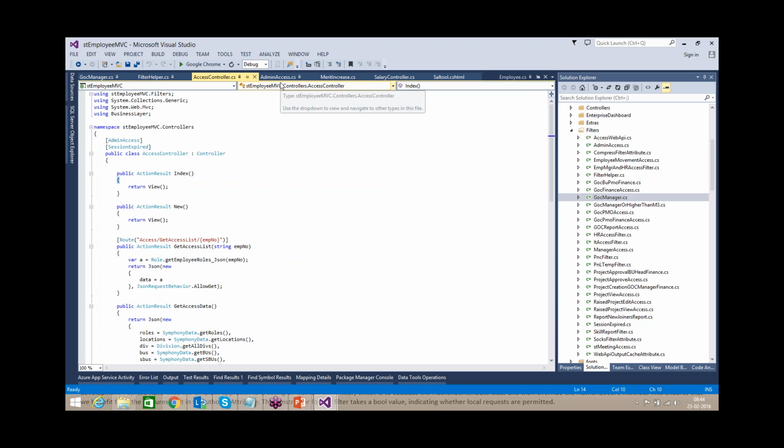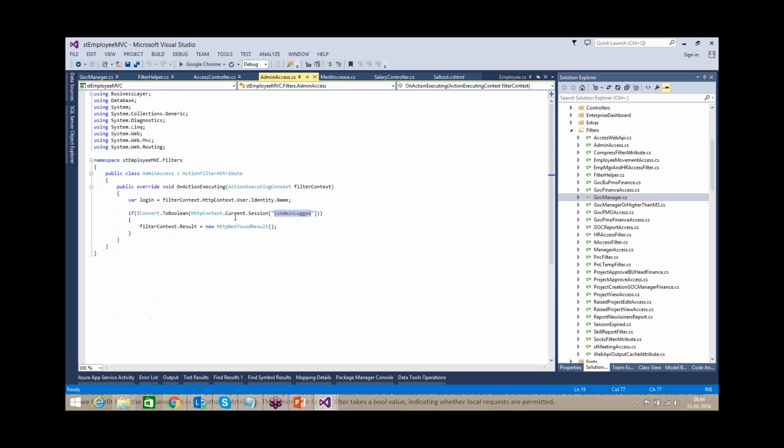Instead of that, we are throwing an error, HttpNotFoundResult. So instead of that view, it shows a message, the page cannot be found. That means any other user who is not an admin will see that there is no such page on this web application.